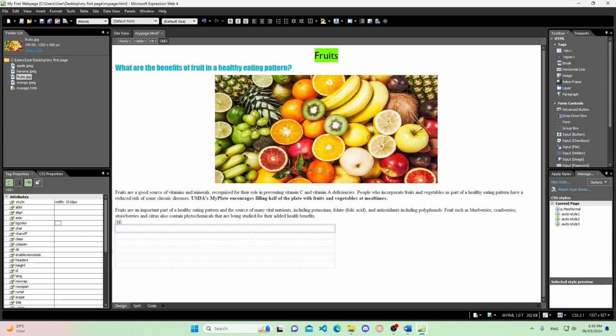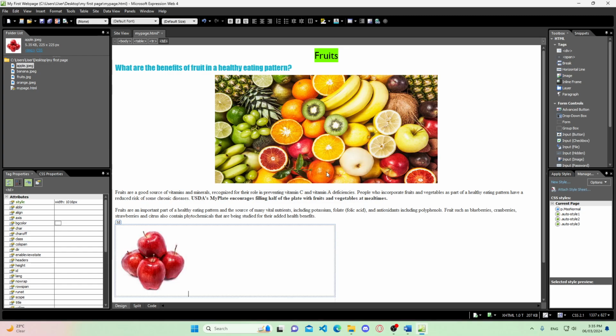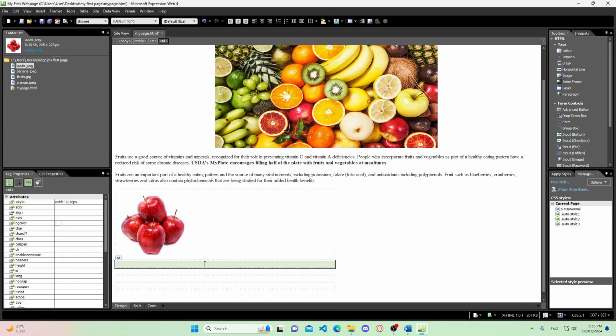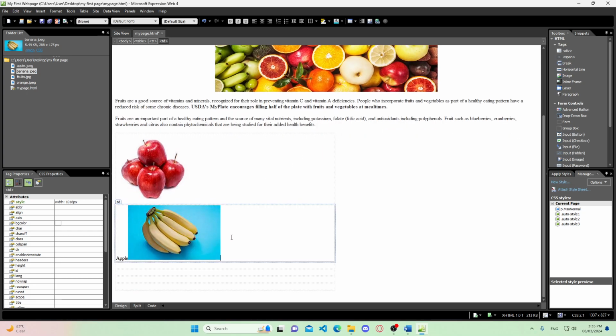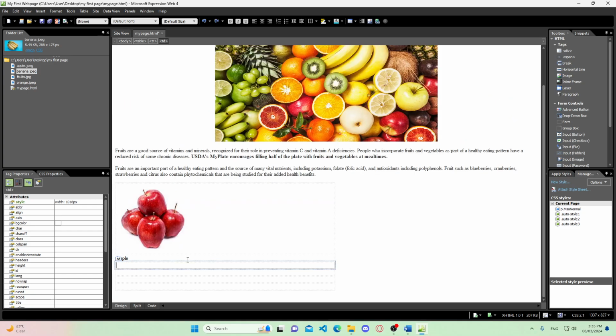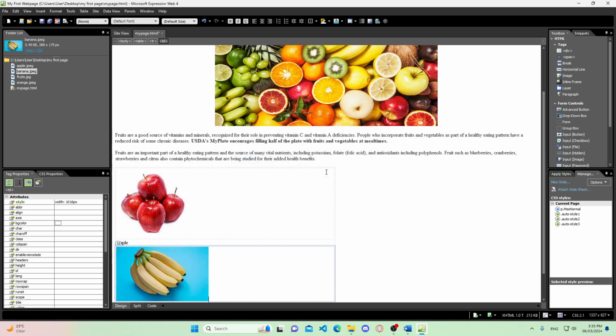First of all, I want to drag the first picture, which is apple, and I will write an alternative name for it, and then I will write the name apple. Then I will drag banana. Oh, by mistake I dragged it in the same place as apple. I need it here in the new one. Okay,